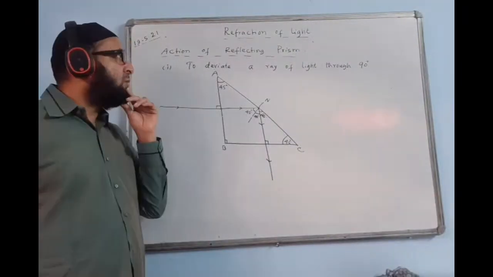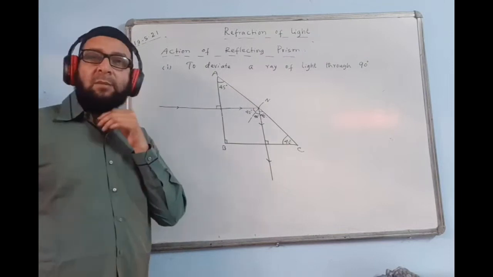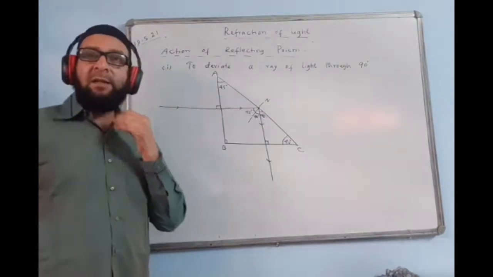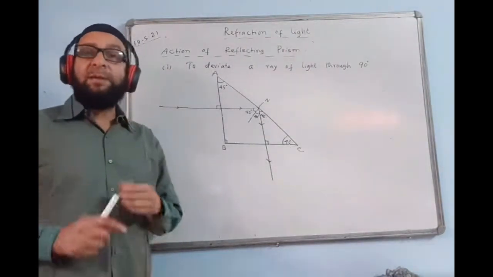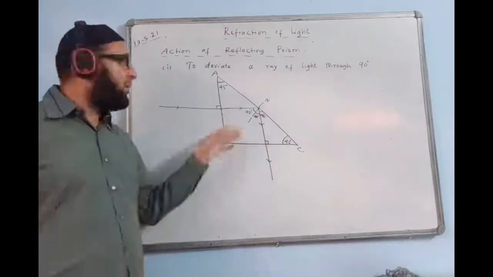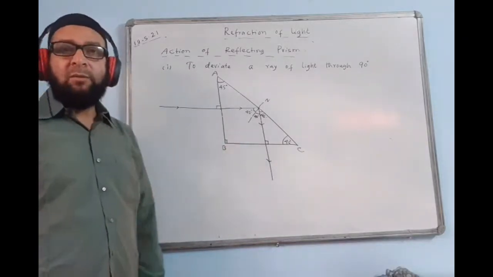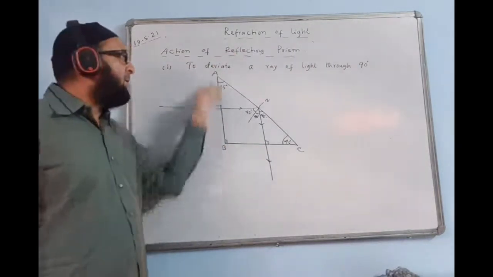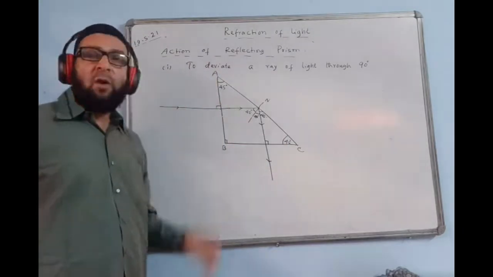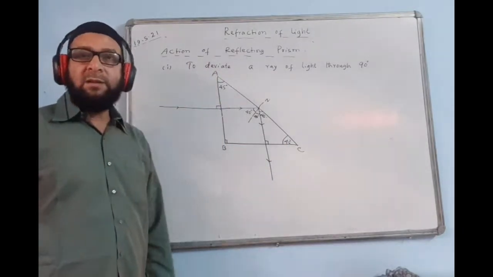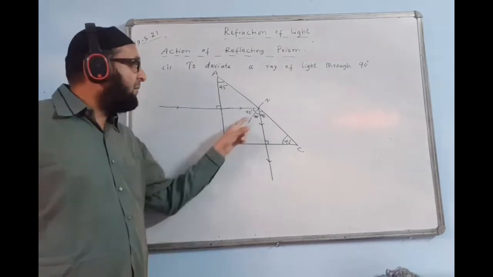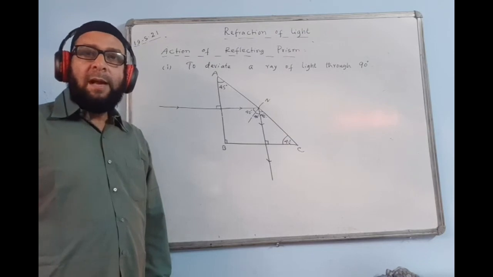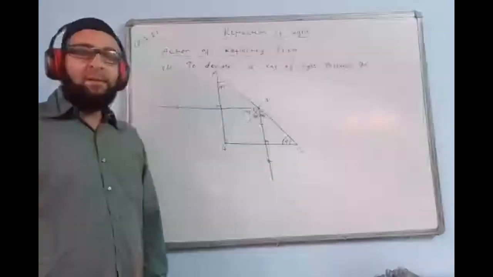So if the question asks you to draw a diagram to show the deviation of a ray of light through 90 degrees by a right angled isosceles prism, we will draw this one. This prism only you have in the syllabus. No other prism is used as a reflecting prism. Sometimes they may give an incomplete diagram and ask you to copy and complete. You will copy and complete like this. If they say the angle of deviation is 90 degrees, it is 45 plus 45, 90 degrees.